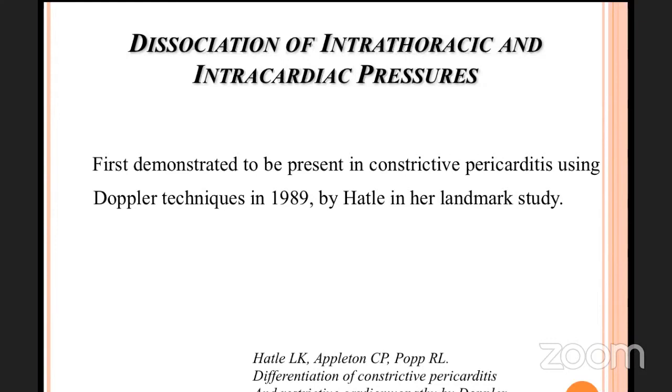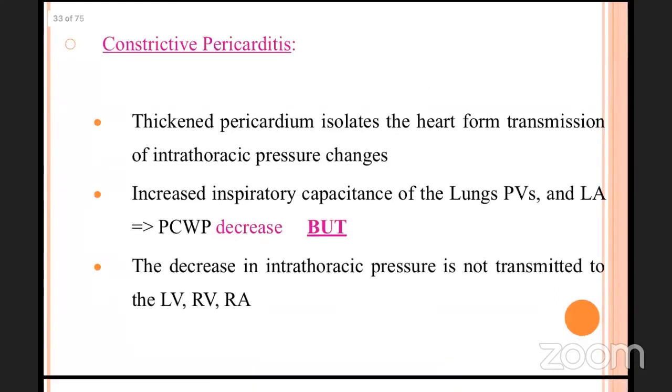In contrast, in restrictive cardiomyopathy, the pericardium is normal in thickness. It does transmit the negative intrathoracic pressure to the pericardial structures. So this forms the basis of differentiation using echo Doppler. Now, one of the things we have seen here is